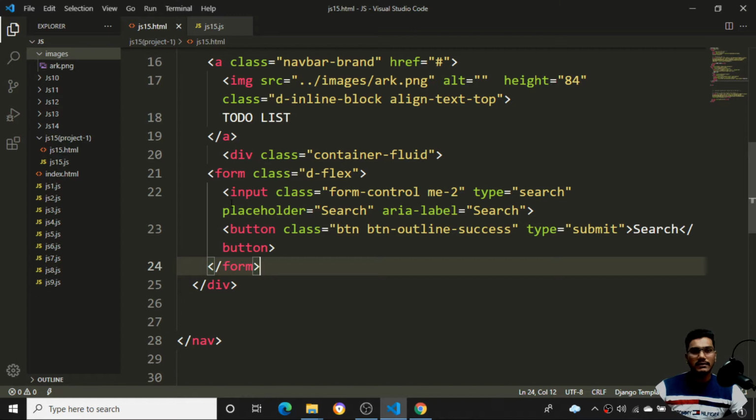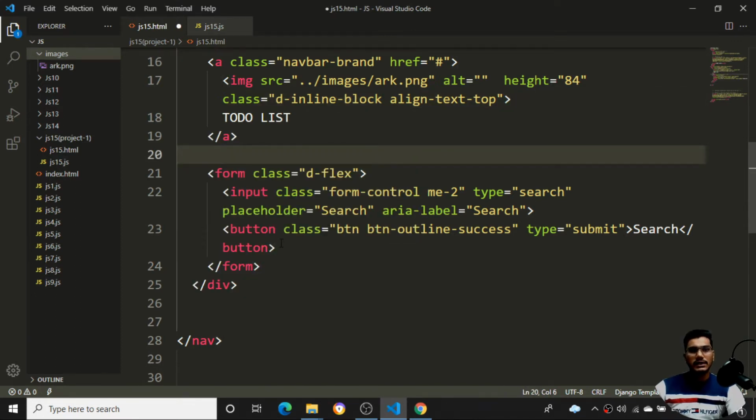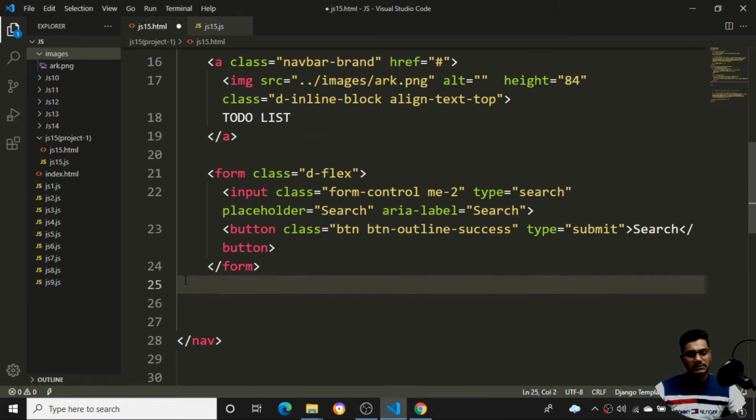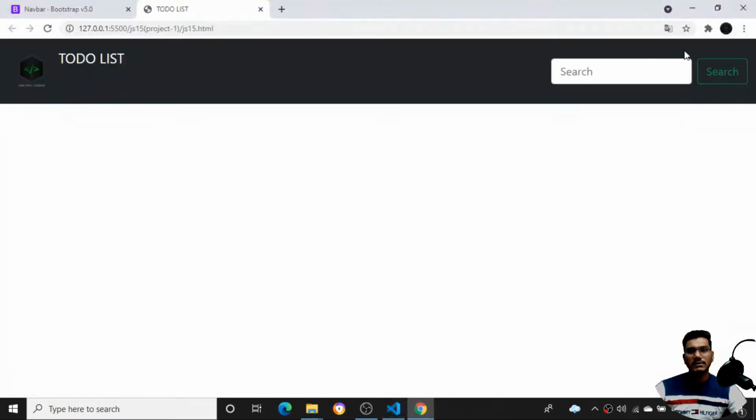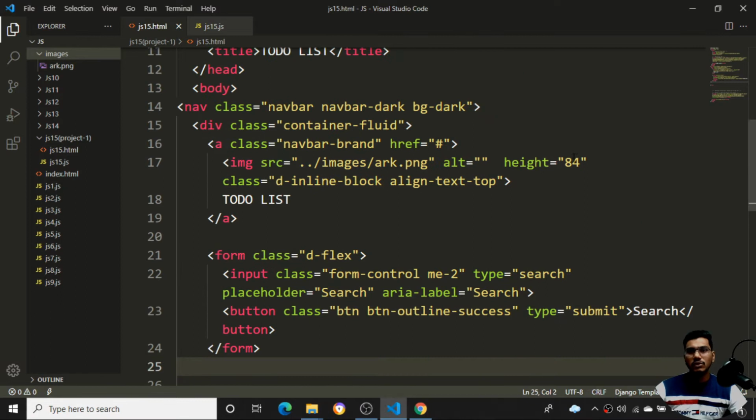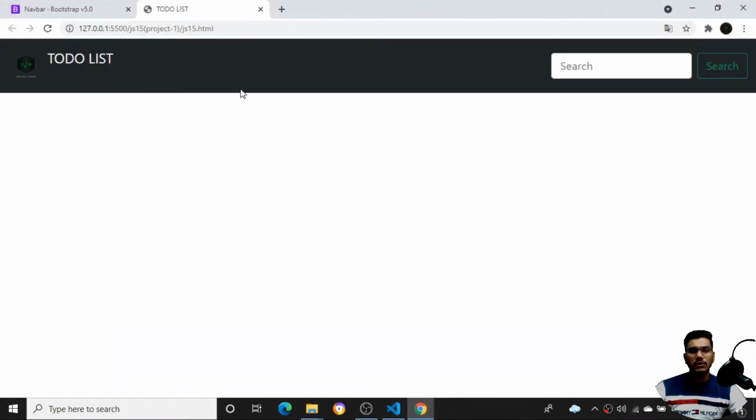I don't want it in this particular fashion. So what I'll do here is remove this container-fluid class, and I'll remove one div here. Now if I save it, you can see it goes to the last over here. Now it is fine for me. However you like, you can do it. If I want to reduce the height, I'll make it 64 here. Once I make it 64, it is looking fine. I have a logo, I have the name, and I have the search button over here now.